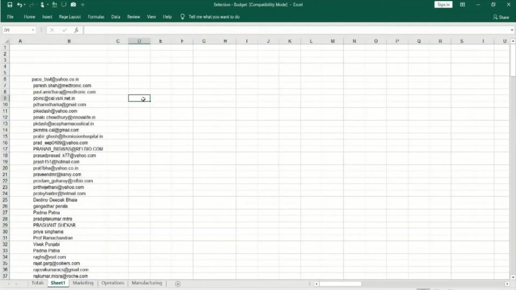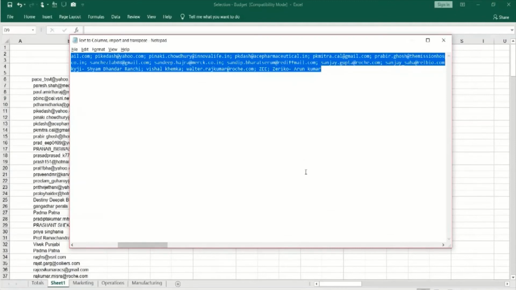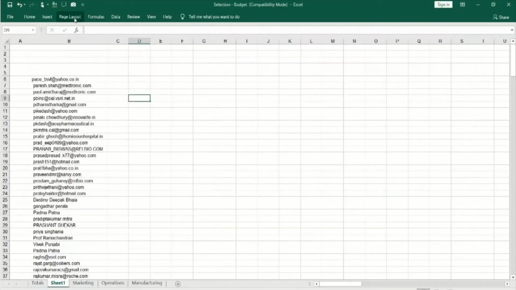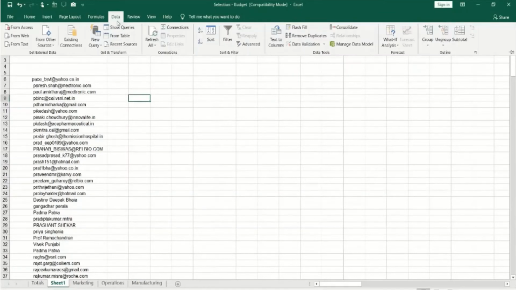So this is how you import. There is another way of importing, where I opened a particular file, copied it, and then came back here. But instead of that, if I know the file location, you can go to Data and select these options. Excel provides these inbuilt options. If you're working with a database source or Access, if you know the database connector, you can click on existing connections.